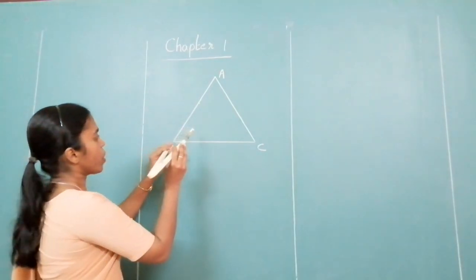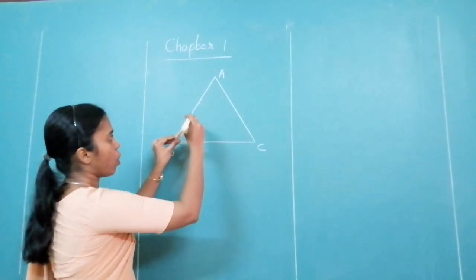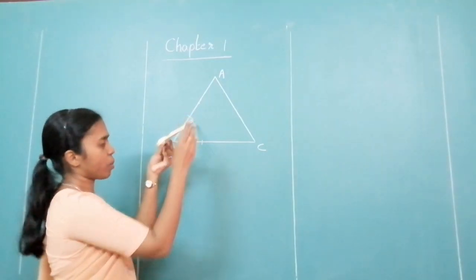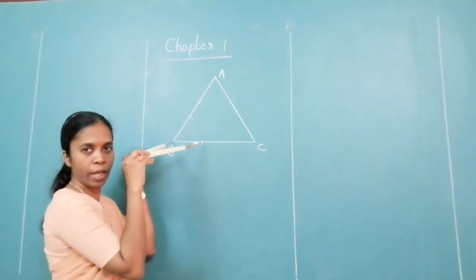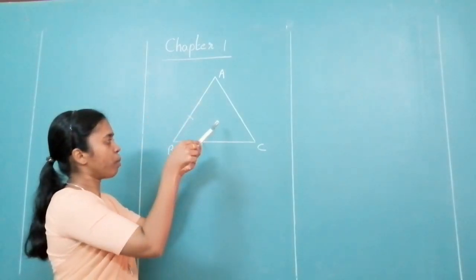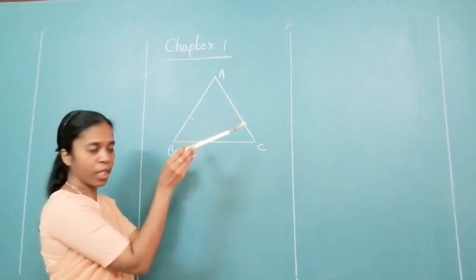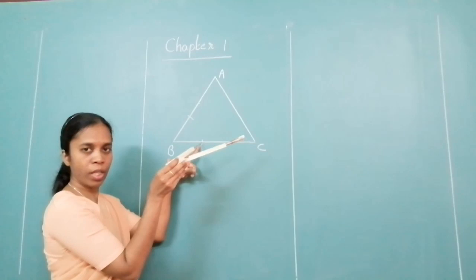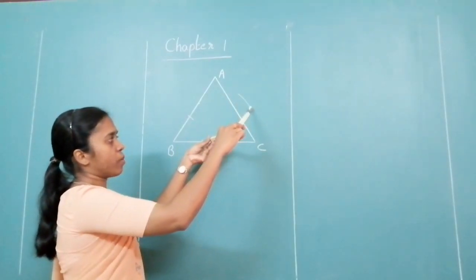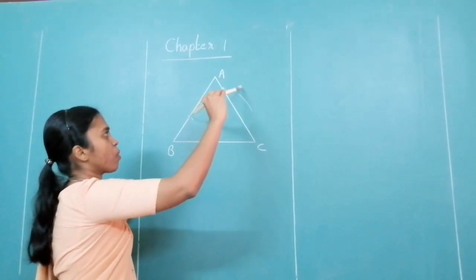Okay. So now I am doing it for B. Mark the arcs on both the arms where B is. Now, whichever arcs you have marked, keep your compass point there and then take it outside the triangle. I'll tell you why. Same measure from the other side.